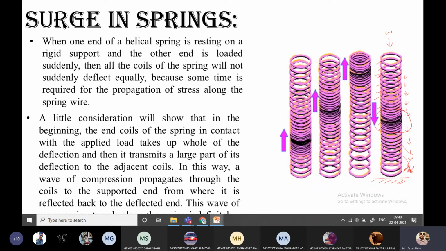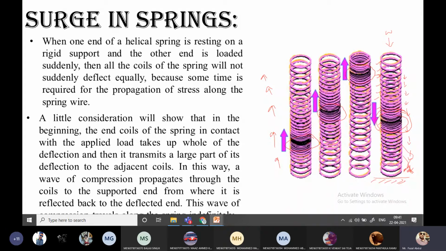Last bottom surface. After reaching this one, again because this is a spring, it is storing the energy. Because of that, this energy is transmitting in the backward direction. Initially there is a gathering of extra turns here, and now this is transmitting from the lower position to the upper position. See here in the third diagram, it reaches here. Finally, it reaches the top. Actually, this is the phenomenon happening in the spring while we are applying the load.